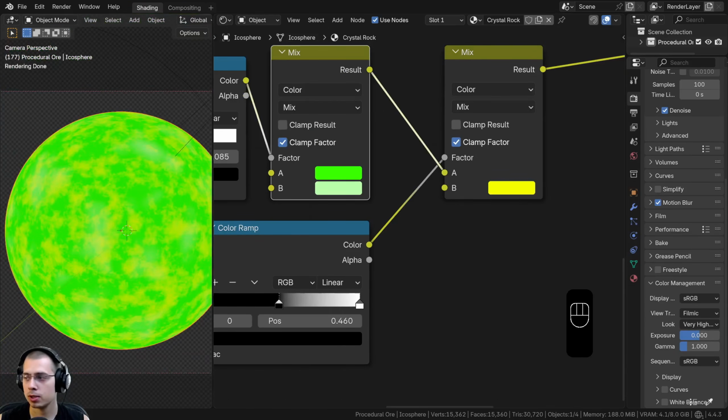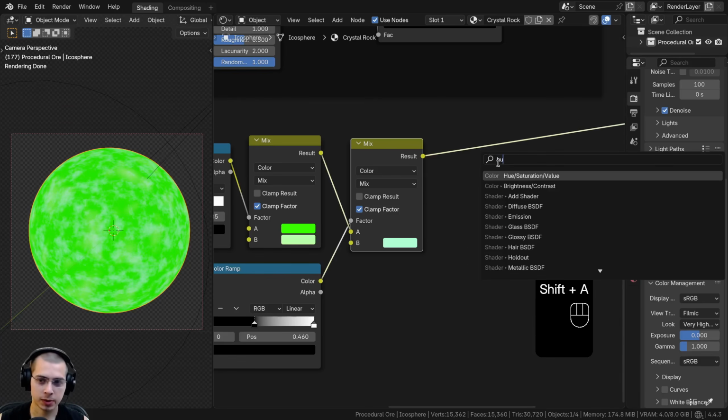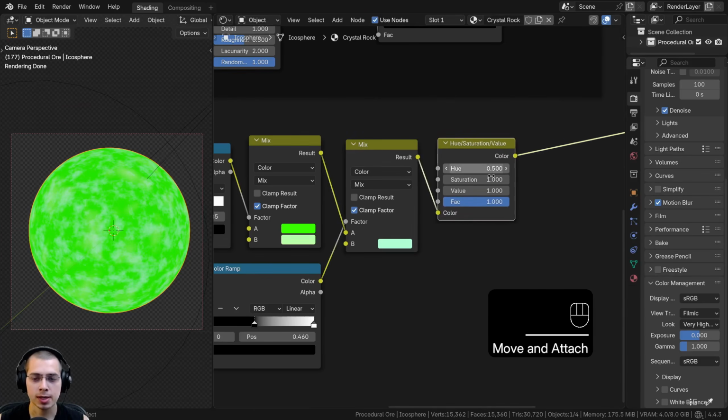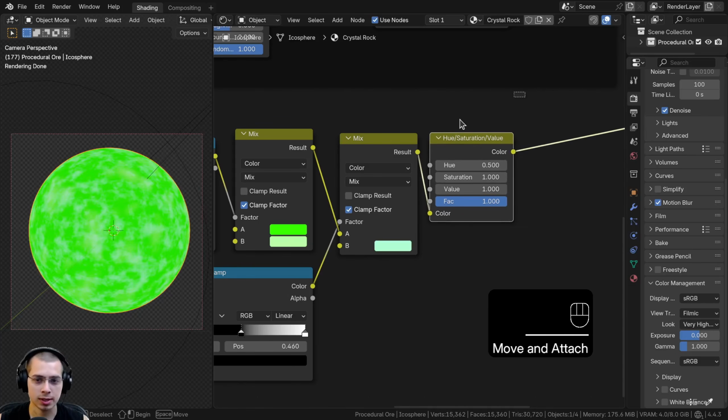You can do whatever you want. But if you want to use the same color that I'm using, this kind of greenish-bluish color, here's the hex value if you want to punch in the same hex code. Now I also want to add a hue saturation value and drop it here after the mix, and this way we'll just have a hue, a saturation, and a value that we can use to customize the material so